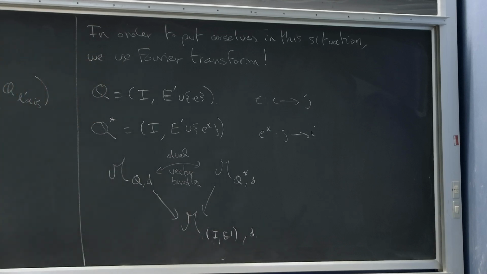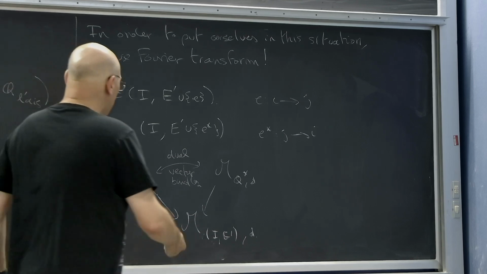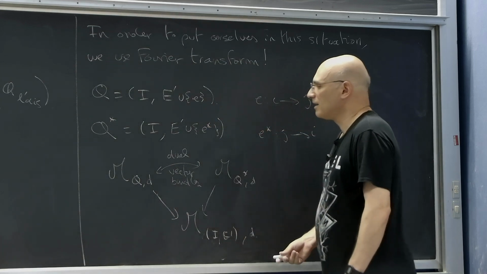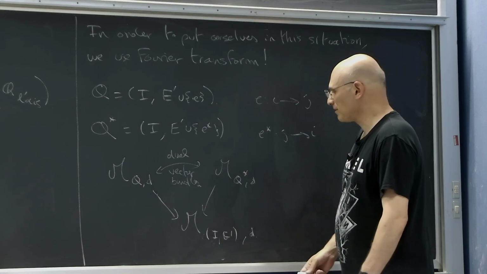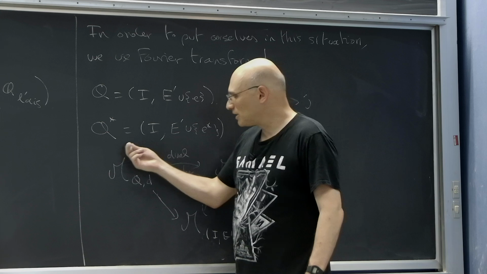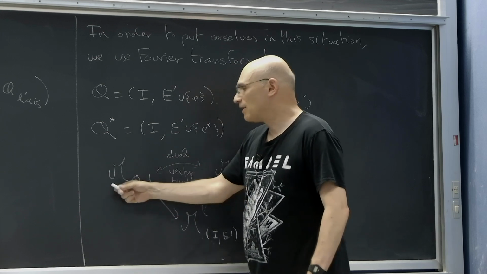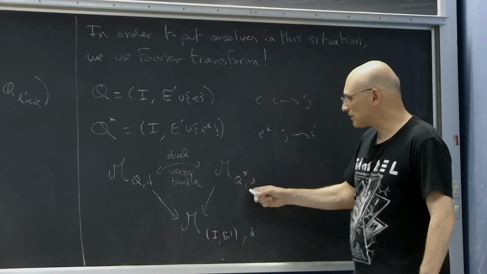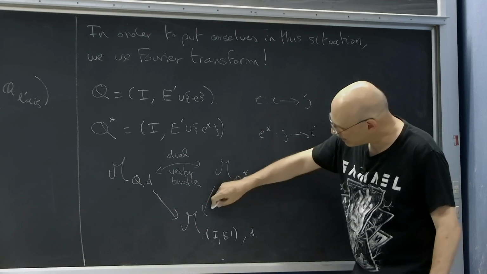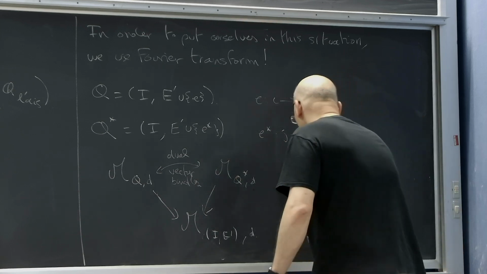Okay, reversing one arrow geometrically means that you're replacing a Hom from Vi to Vj by a Hom from Vj to Vi. This is just a dual vector bundle. And now I have a Fourier transform functor between the derived category of constructible sheaves on this one and the derived category of constructible sheaves on this one. And then you show that these whole categories, so this Fourier transform,